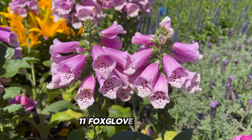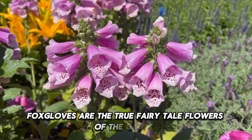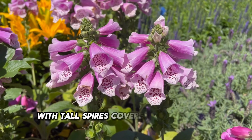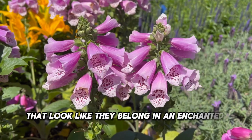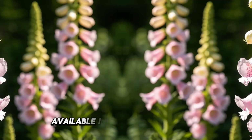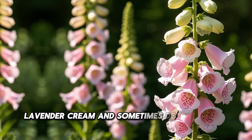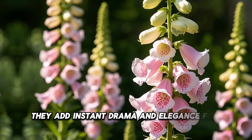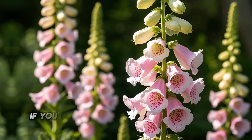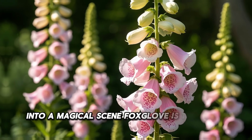11. Foxglove, Digitalis. Foxgloves are the true fairy tale flowers of the garden, with tall spires covered in bell-shaped blooms that look like they belong in an enchanted forest. Available in soft pastels of pink, lavender, cream, and sometimes deep, dramatic purples, they add instant drama and elegance for less than $10. If you've ever dreamed of transforming a shady nook into a magical scene, foxglove is the plant